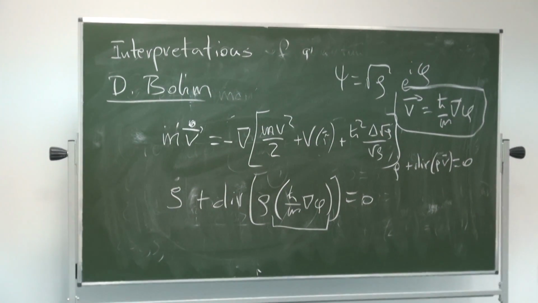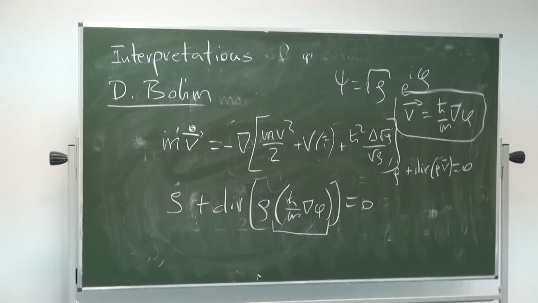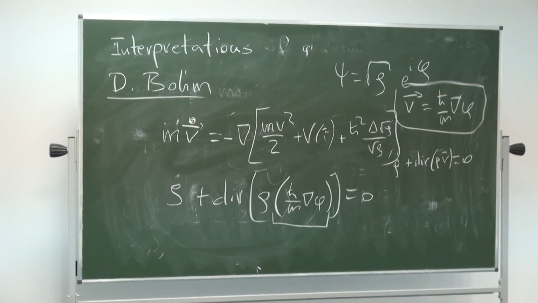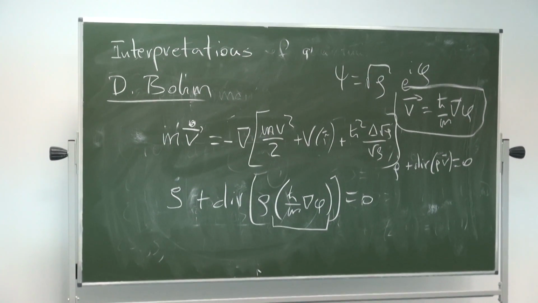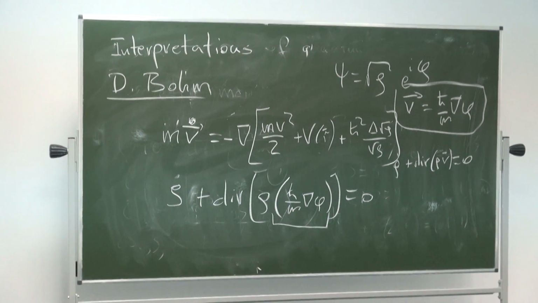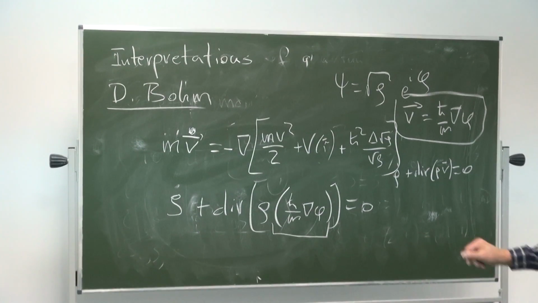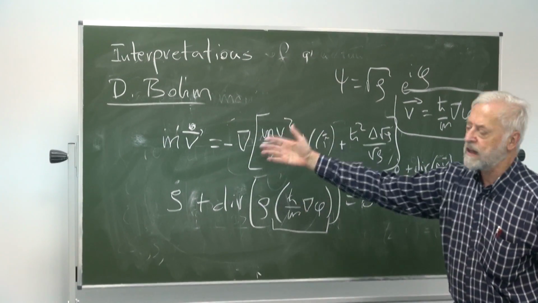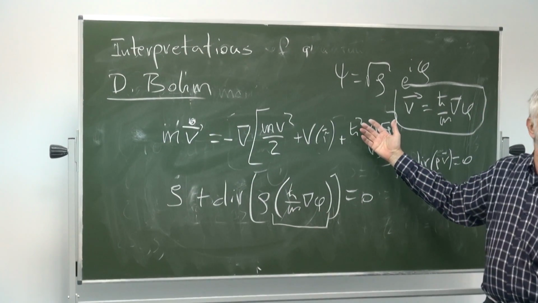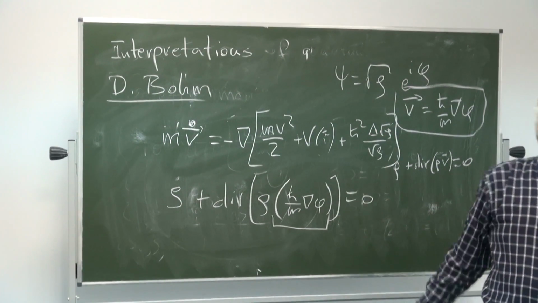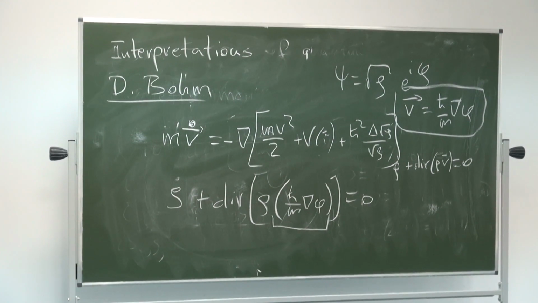Madelung hydrodynamic equations never replaced the Schrödinger equation, and they are not even very often invoked in the standard courses of quantum mechanics. Why? Because even though this classical interpretation, they are very much like a flow of classical particles except for some crazy quantum pressure term, even though they are very close to the classical mechanics,